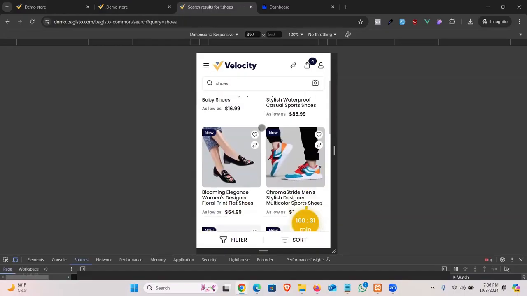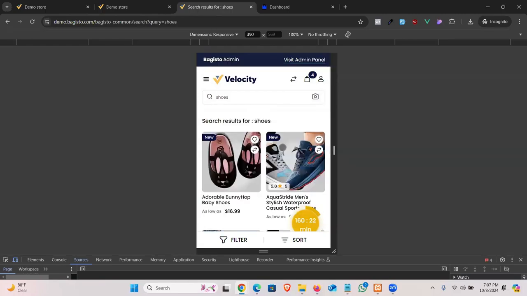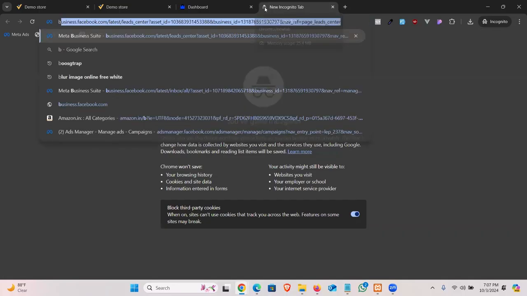You see that it shows the search results. It has the filter option directly here. It has the sorting option and whatnot. So if you want to create a website like this, I'm not going to bore you with all these things. Let me tell you how it works, how you can make something like this in 10 minutes using Laravel and the Bagisto package. So what you're supposed to do, let me close this page and come to Google and search